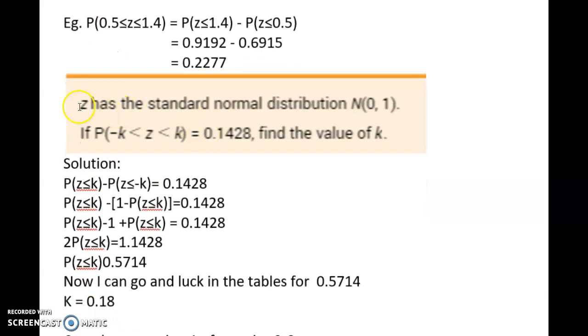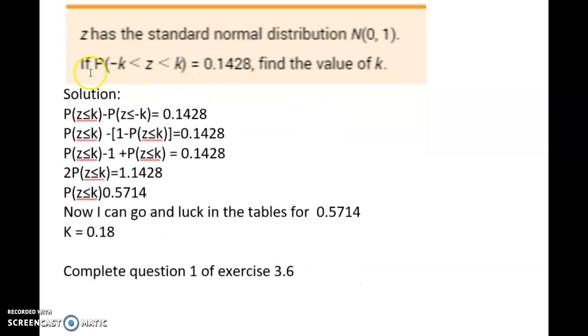Okay, another example. Z has a standard normal distribution. That means it's a standard normal distribution, mean of 0 and standard deviation of 1. So if the probability that Z lies between minus k and k is that, find the value of k. This is a maths question. It may not look like it, but it's a very maths question. So I'm going to write down, what do I do first? The first thing I do is I know that it's going to be the probability of this minus the probability of that